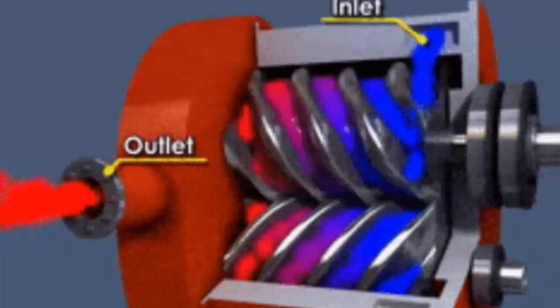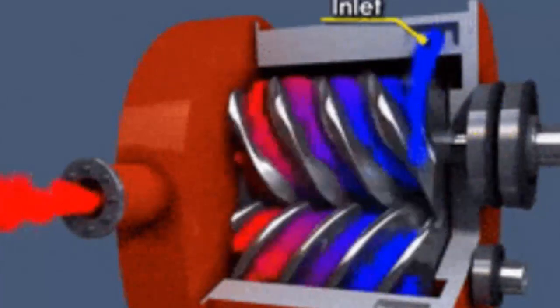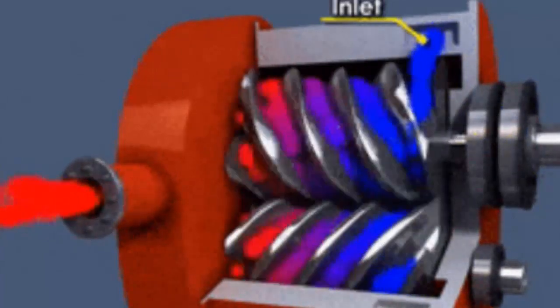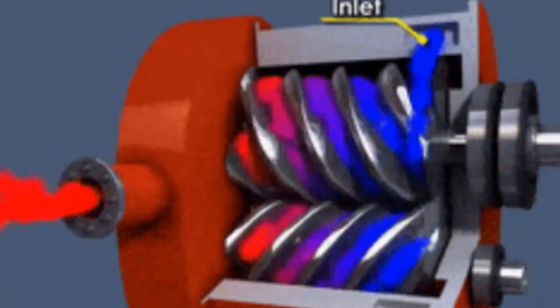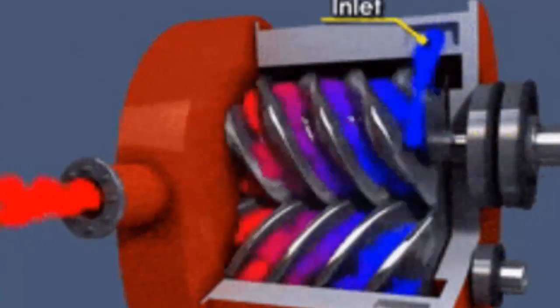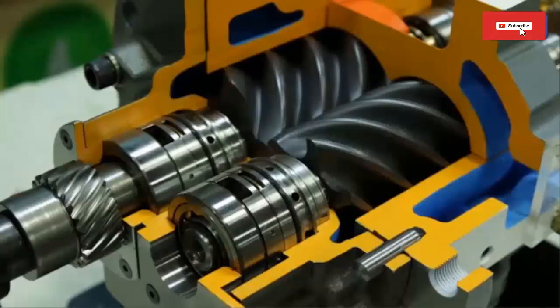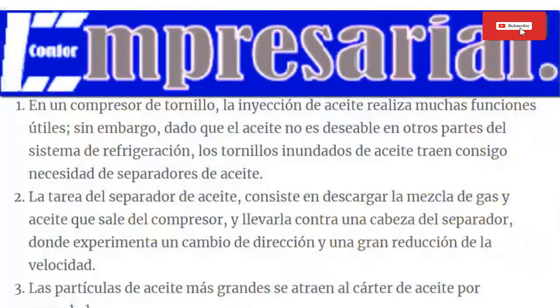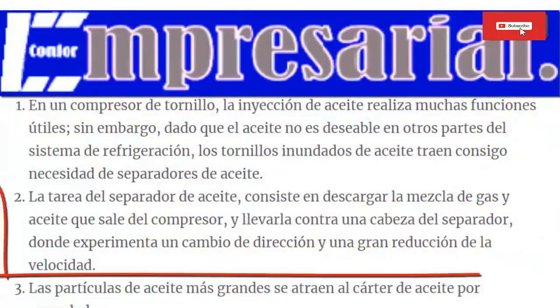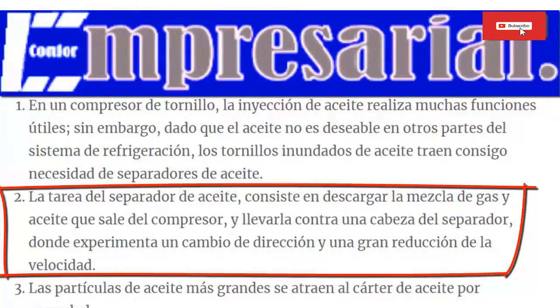Screw compressor lubrication, separation and cooling oil systems. 1. In a screw compressor, oil injection performs many useful functions. However, since oil is undesirable in other parts of the refrigeration system, oil-flooded screws bring with them the need for oil separators. 2. The task of the oil separator is to discharge the oil-gas mixture coming out of the compressor,